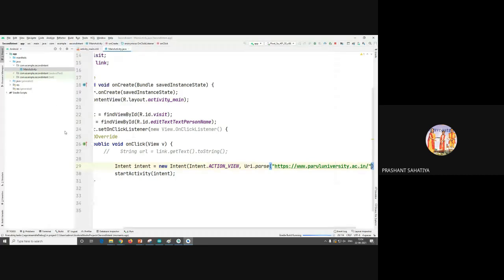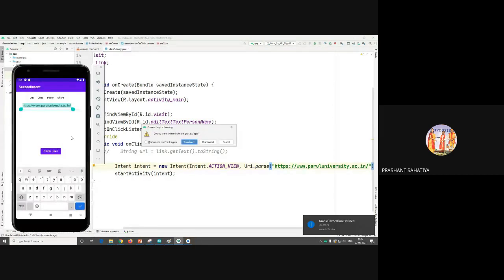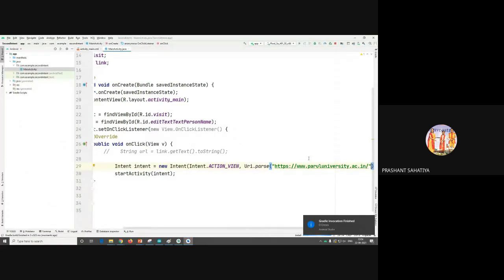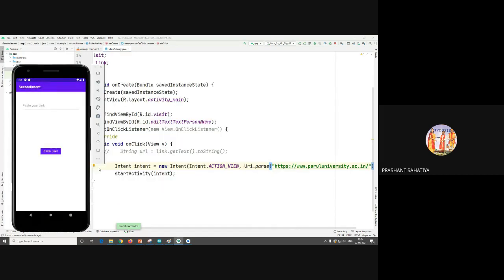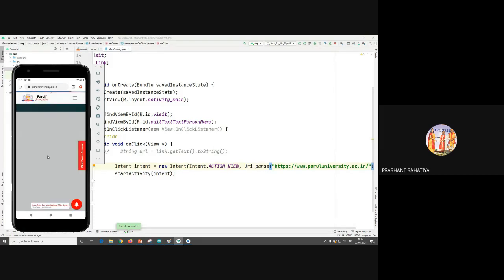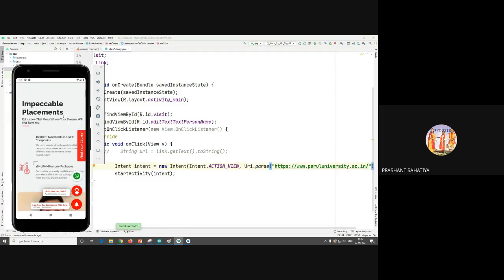It can be wrong, it can be right. So in the URL, I was taking first the value of the URL, then I was giving to parse it to the browser. But what I did, I gave the static link only. Okay. देखो, अब मैं इस पे क्लिक करूँ, it is opening the Power University. Aman, got it?